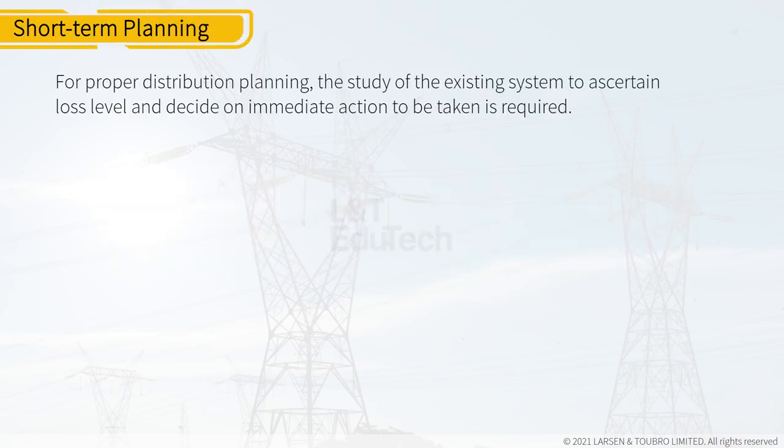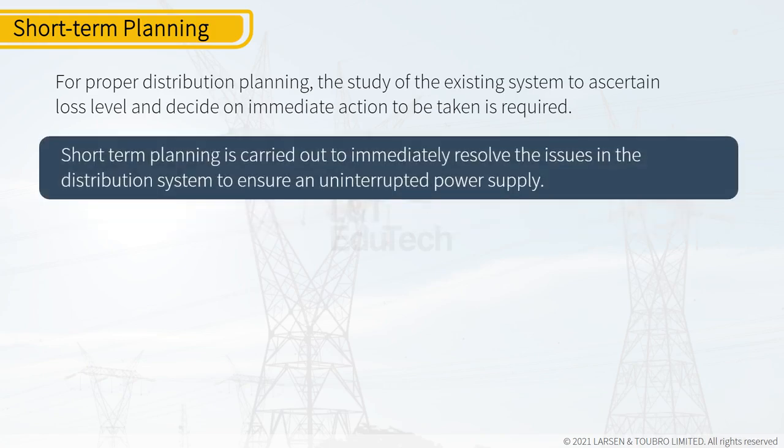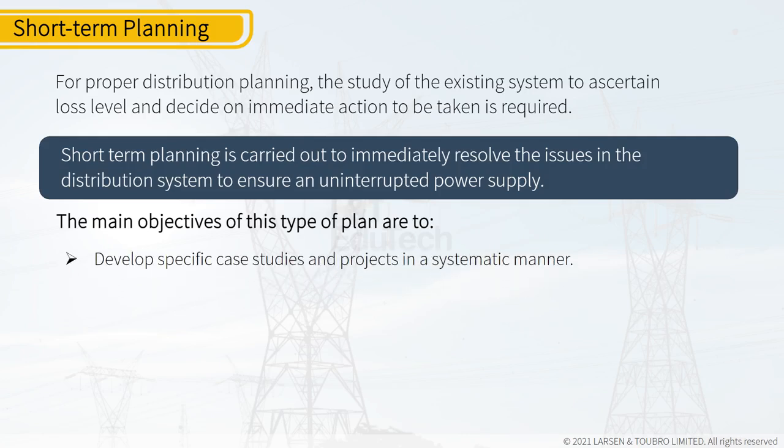For proper distribution planning, the study of the existing system to ascertain loss level and decide on immediate action to be taken is required. Short-term planning is carried out to immediately resolve the issues in the distribution system to ensure an uninterrupted power supply. The main objectives of this type of plan are to develop specific case studies and projects